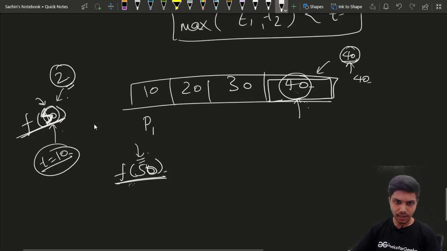It will assign the first board to the first painter, and now check whether it is possible to paint the second board by the first painter. Here the time needed to paint these two boards by the first painter is 30 units of time, which is less than our 50. So it is possible to paint the second board by our first painter.